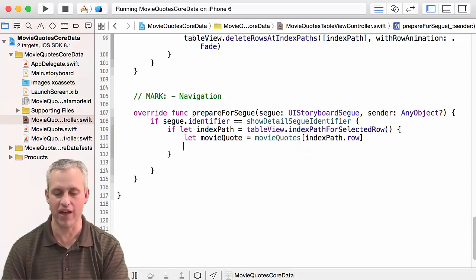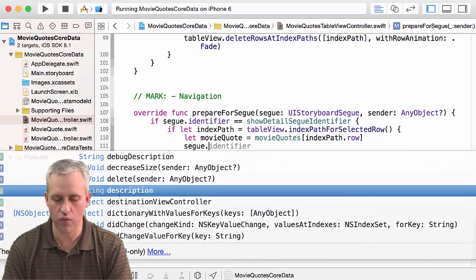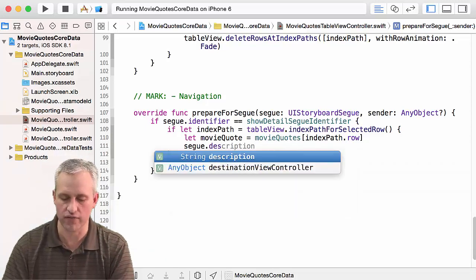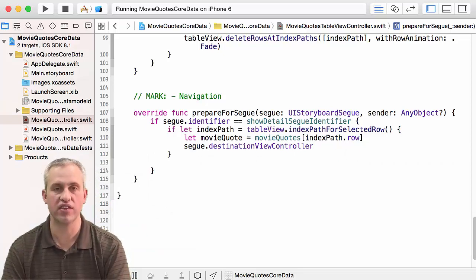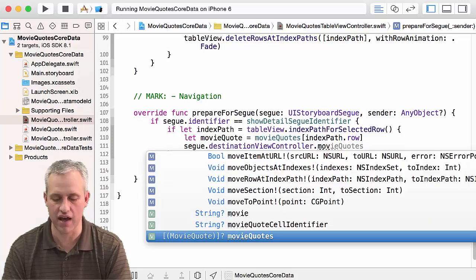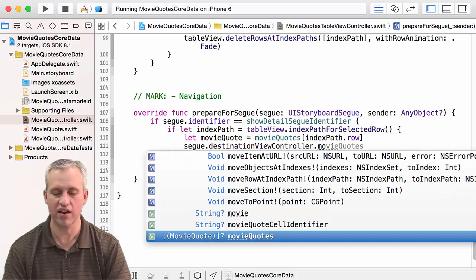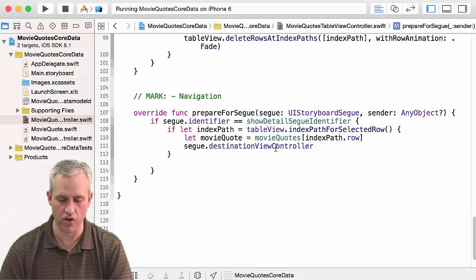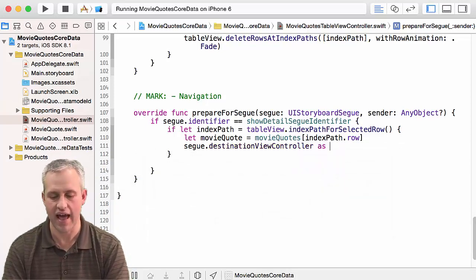All right, so now we've got a movie quote. Then we have to do something with it. The thing that we want to do with it is we want to say segue destination view controller. So this is our destination view controller. And what we want to set on him is his movie quote. What we would like to do is say .movie quote. The problem is destination view controller doesn't know what type he is, right? So he's just an any object. So what we've got to do is we've got to say as